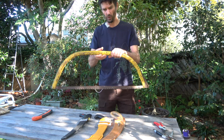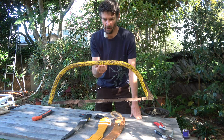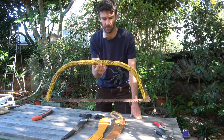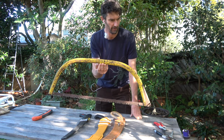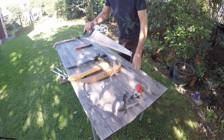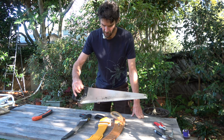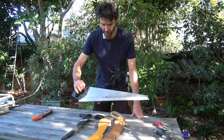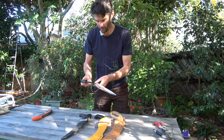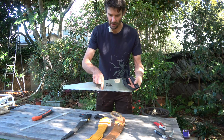Well, I do know an arborist that when he was an apprentice he had to use a bow saw for the first year of his apprenticeship before they would give him a chainsaw up a tree. And I can see some sense in that philosophy. I have witnessed people using builder's saws, not the best type of saw to be using. They're a bit flexible, and the other thing is they are designed for cutting dry wood. The pitch of the cutters is very fine